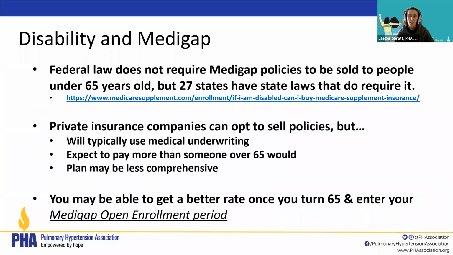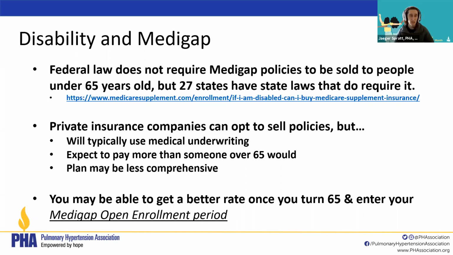All right, so one other piece before we kick off the questions that I wanted to revisit, one question that we had gotten last week, which I didn't know the answer to. I looked it up. Someone had been asking about how Medigap policies work for folks who are eligible for Medicare through disability but are under 65 years old. So it looks like generally speaking, there's a good chance a Medigap policy is going to be more expensive for you if you can get one, which depending on what you apply for, you might not get at all until you turn 65.